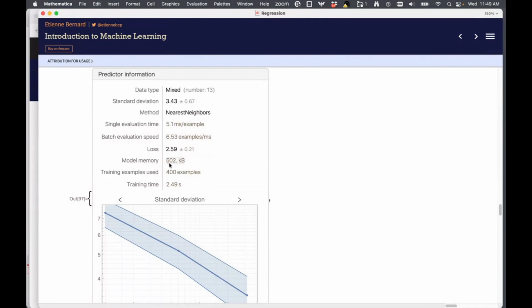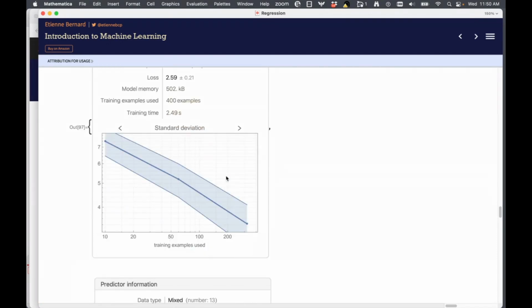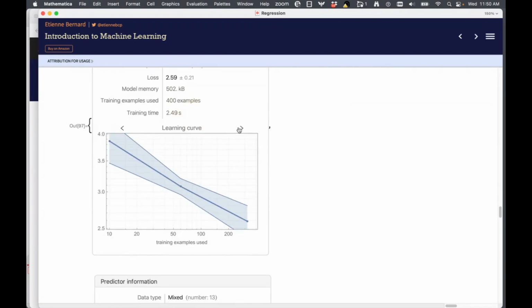The model does not take up too much memory, but nearest neighbors would take up a lot more space than others, because for nearest neighbors, really you store the entire training data as part of the model. So it does take up some space, and you can see the standard deviation, how the learning curve changes, and so on.